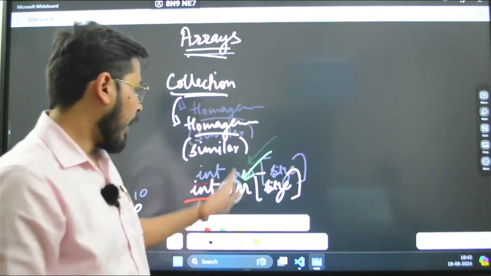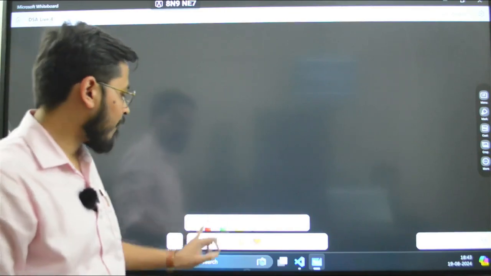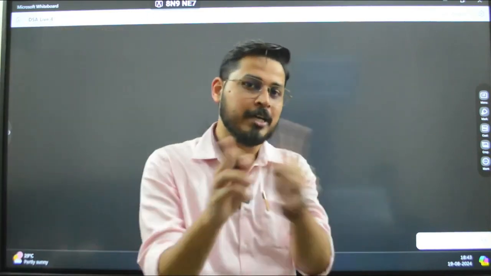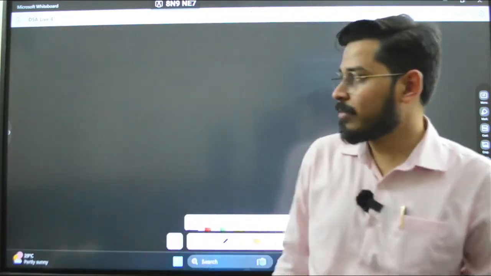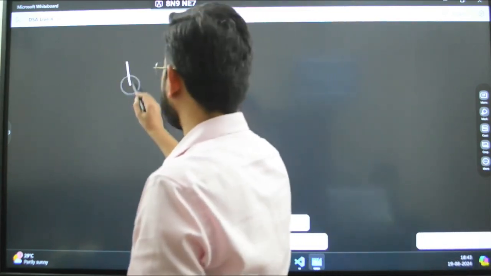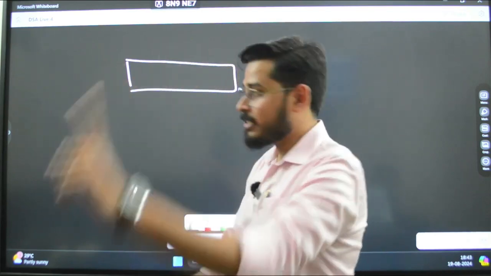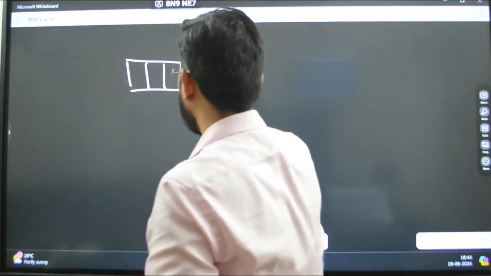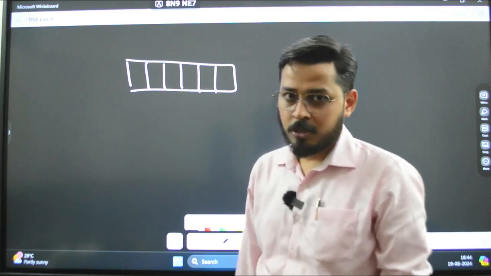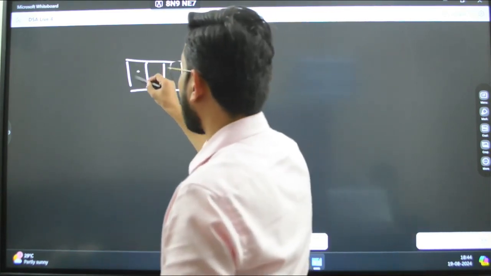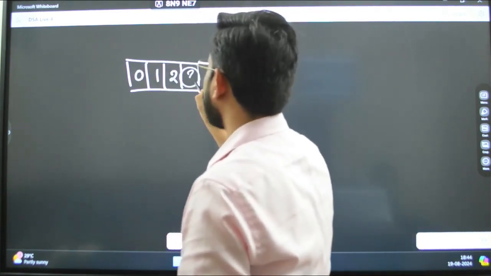Now, an array is one single large block of memory. Array is what? It is one single large block of memory. We have partitioned it into multiple sections, which allows us to store our data in multiple places.